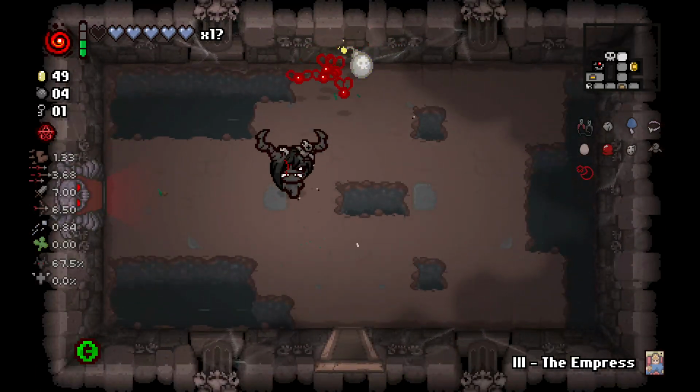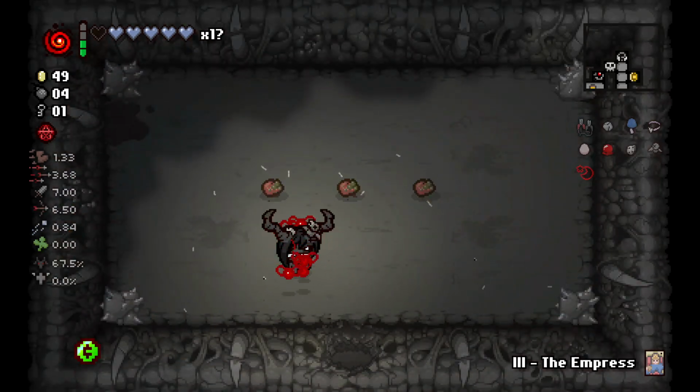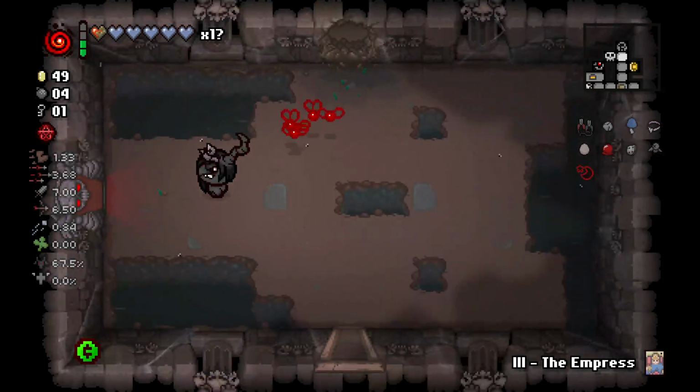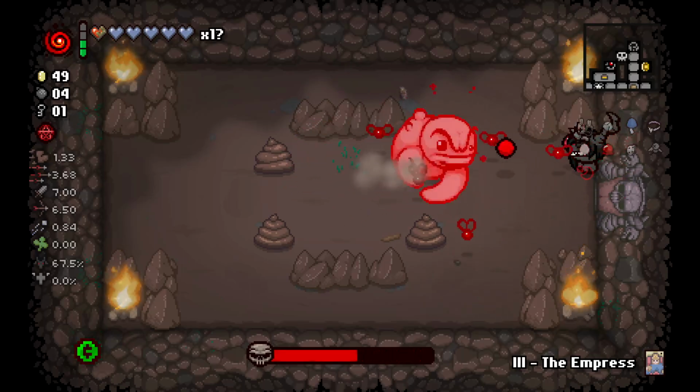This is the second secret room. I don't want to waste bombs if it's not... It doesn't take Horror Babylon out. I'm careful to use our bombs right now because we just finally got in a spot where we have more than...